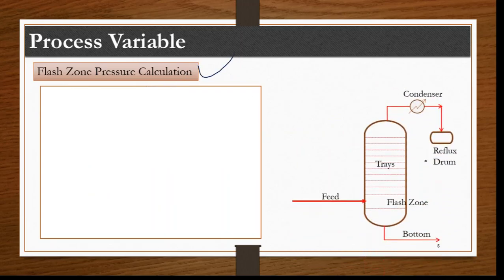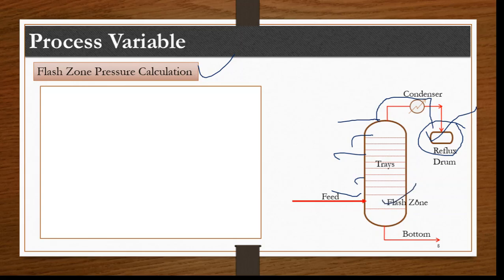So for example, this is a distillation column, an atmospheric distillation column. This is the top condenser and then the reflux. This is very similar to the normal distillation column. What happens, we have to take the base in the reflux drum. This is our base, and there will be a pressure drop across all these condensers and pipelines. Then there will be a pressure drop between the flash zone and the upper section. Upper section means all these trays carry out the pressure drop. So we have to calculate the pressure drop.